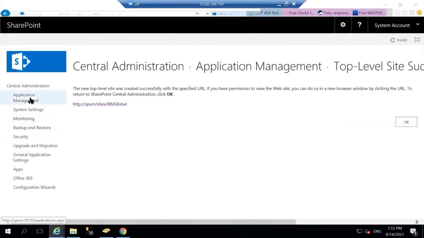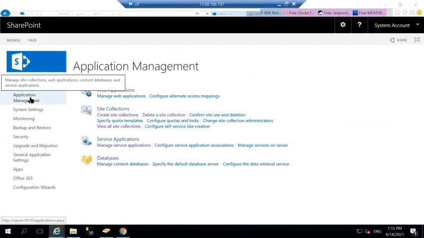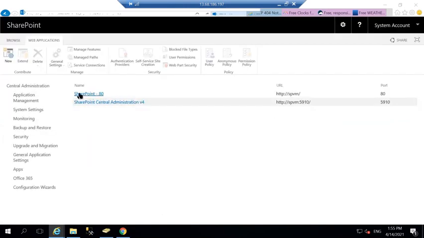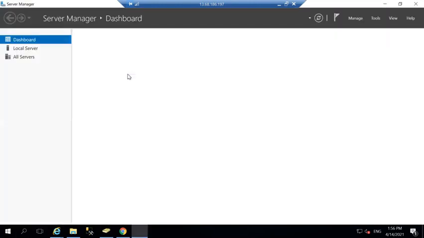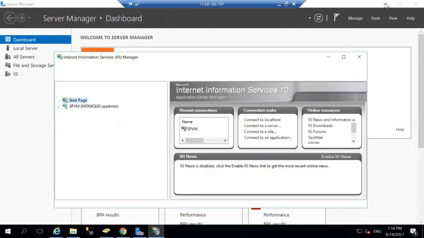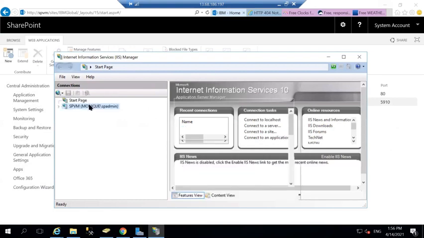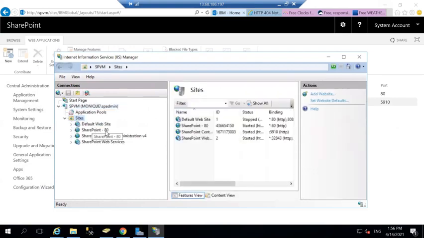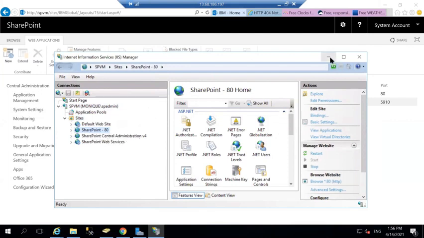All right. Now here we have application management. So what is the first thing you are able to see? Web application, right? Remember, we created on the very first day a web application called SharePoint. And what is the meaning of this web application? It is going to configure a website for me in Microsoft Web Server. So it means this is a SharePoint 80 that runs here as a website